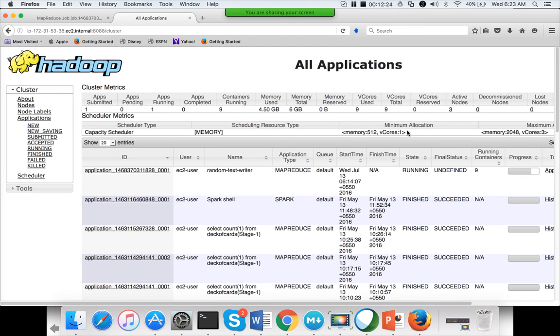So this is the home page, and earlier I showed you the memory and vCores on the Cloudera cluster. Now I am showing the Horton cluster. You can see there is a total of only 6 GB of memory allocated for all the 3 node managers on this cluster. So ideally it should be higher. I will fine tune it later. That's why it is taking a lot of time to complete this job compared to the Cloudera cluster.